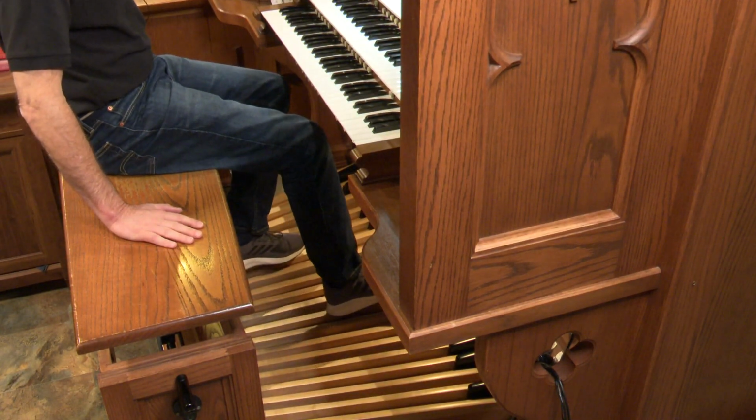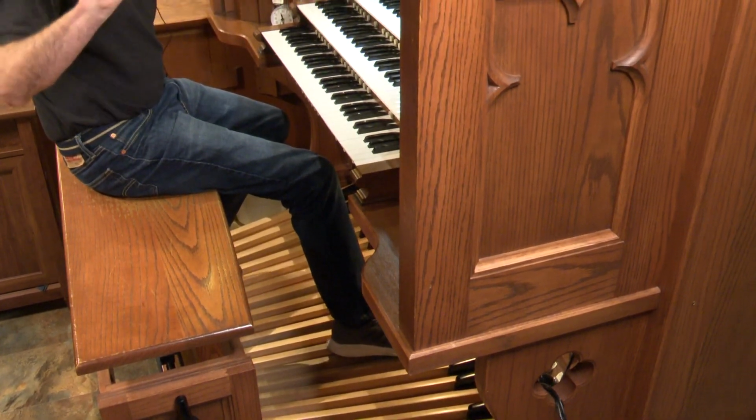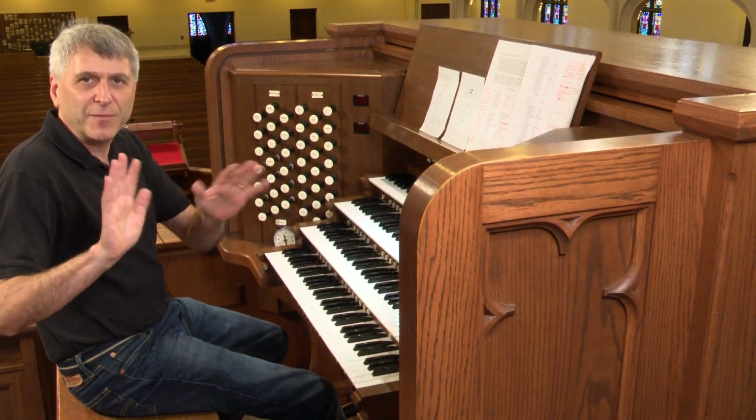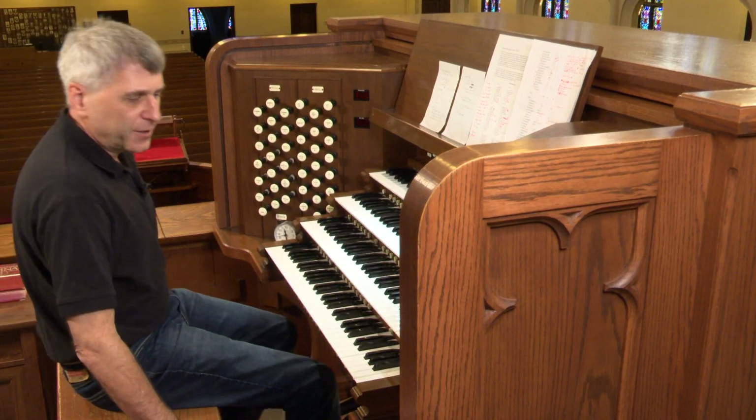So learning to make your feet go up and down, it's just muscle memory. Like driving a car, when you first drive a car, the pedals, the accelerator and the brake don't make any sense, but after a while you get the sense of how to make the pedals work. So in the organ, you just have to make sure your legs and feet...